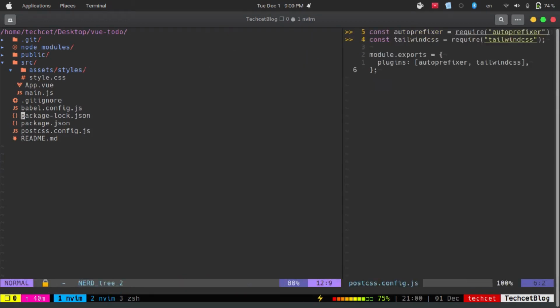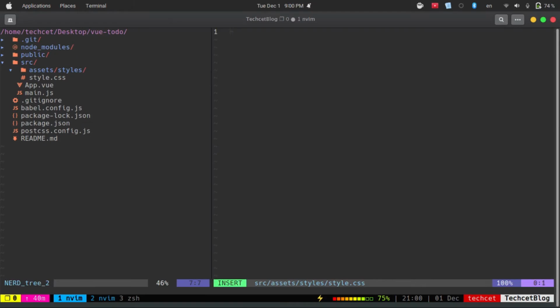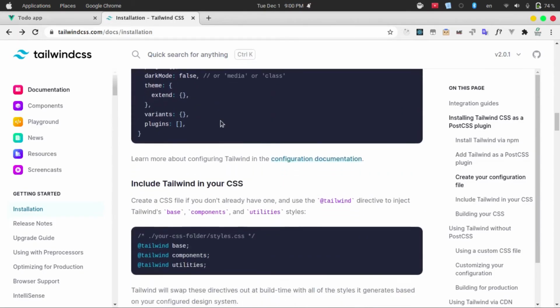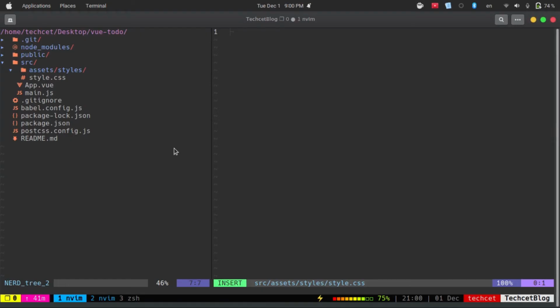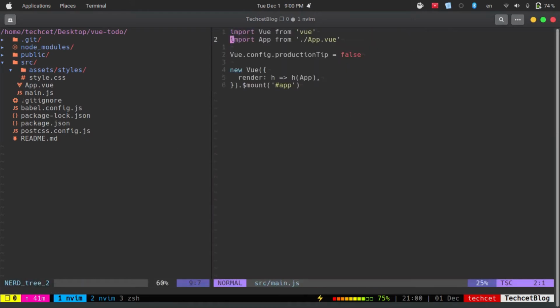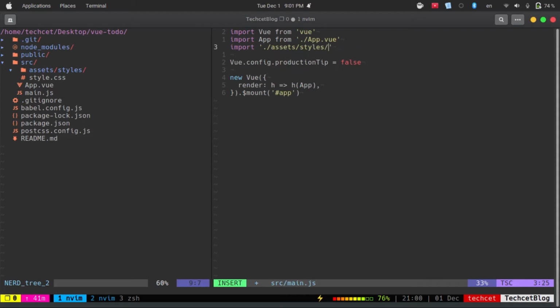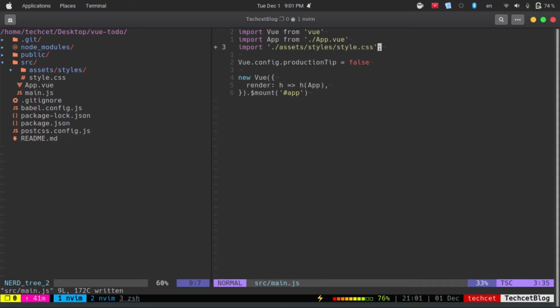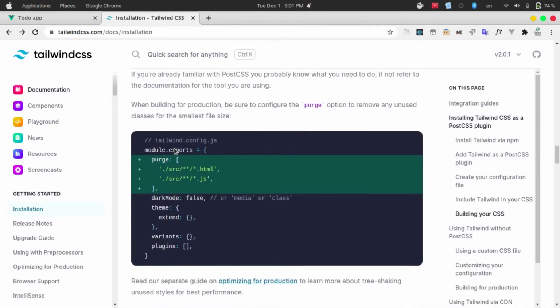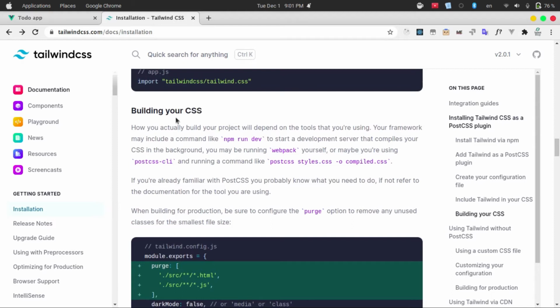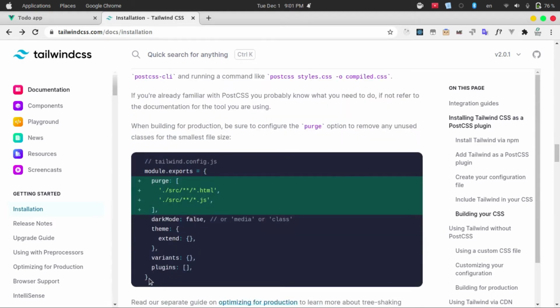And after that we're going to the style.css file, and we can copy this and paste it right here, and inside our main.js file we can import it like this one, assets, and then styles, then style.css. Okay, now we just also need another thing, that is this one. So you can use building your CSS like this one. So I'm just going to copy this